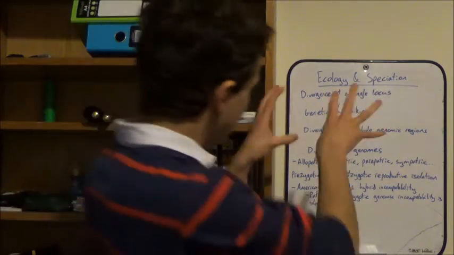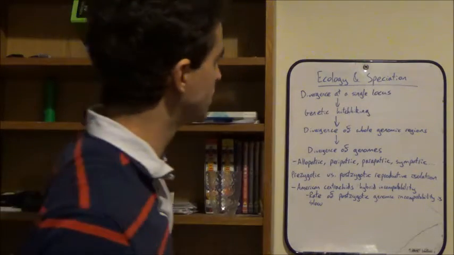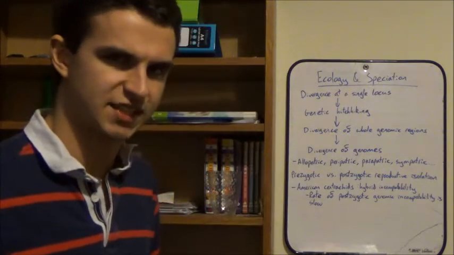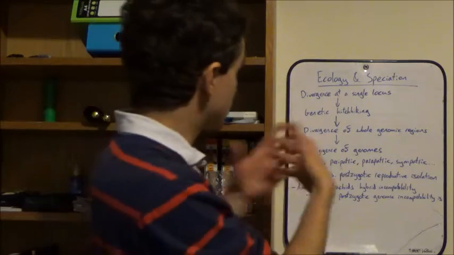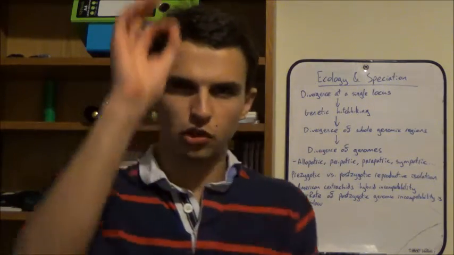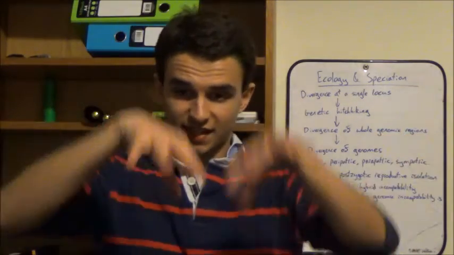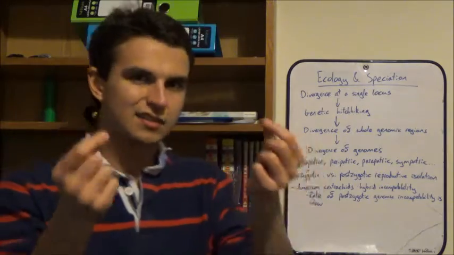So I've written out the various stages of this genomic approach to speciation that has been proposed before, so let's see if we can make sense of it, shall we? So, it's been suggested that speciation can start by divergence at a single locus in the genome. When two populations get separated, a single locus